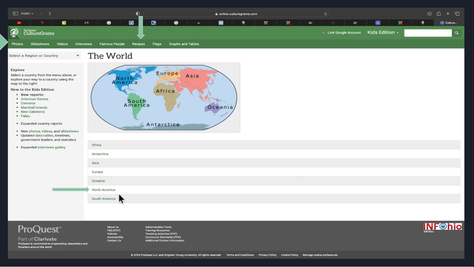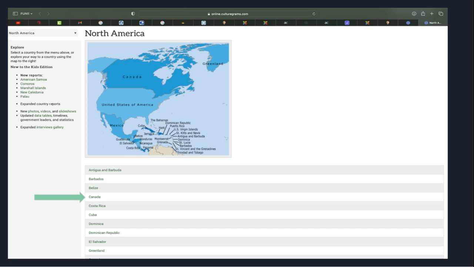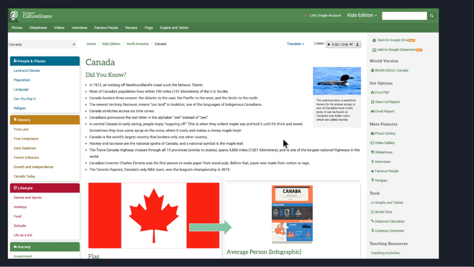So I'm going to click on North America, for example, and it's going to bring me here to Canada. I'm going to focus on Canada, but you can see the selection. Of course, here are the countries in North America. I'm going to focus on Canada, click that link, and it's going to bring me to this fun-filled fact page